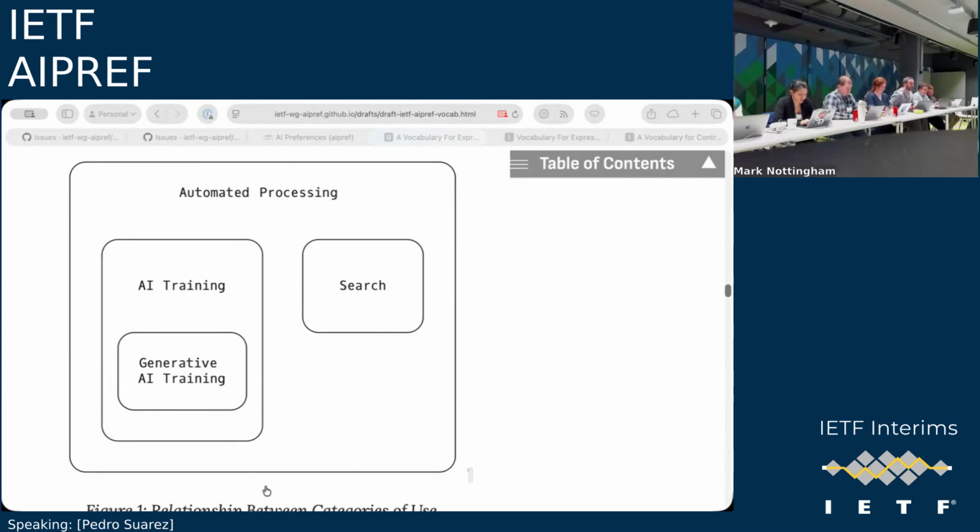The technology behind a search engine is very similar to the technology behind a generative AI model. In fact, one of the problems I have with the current definition of generative AI training is that given the state of search today, an actor could take one of those models that were trained for search and then use it to generate content. That is something that is possible.